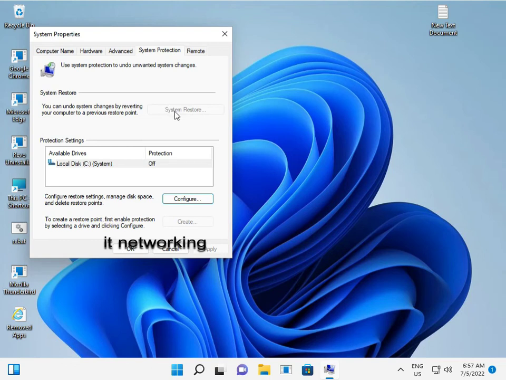So when you click, the restore points show date-wise in the tab, so you select a time when you were not facing the problem, and click next. Okay, and then it restarts automatically and you will see your system restore point is successful. Okay,